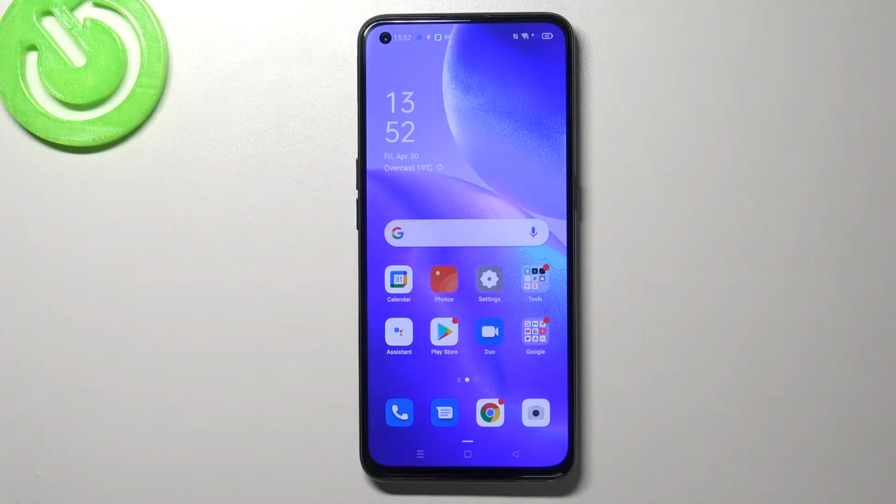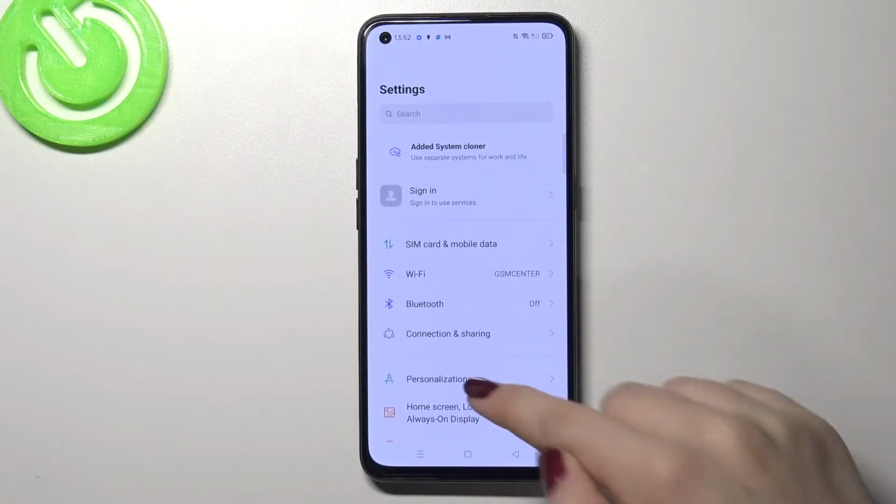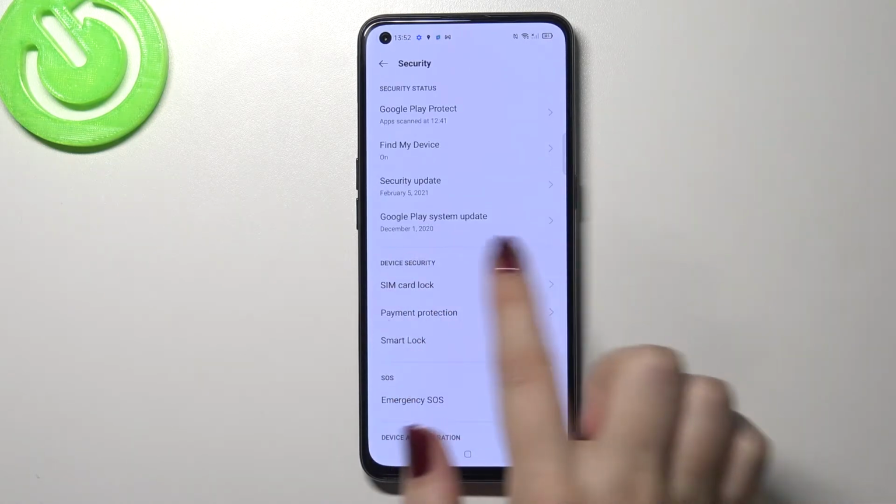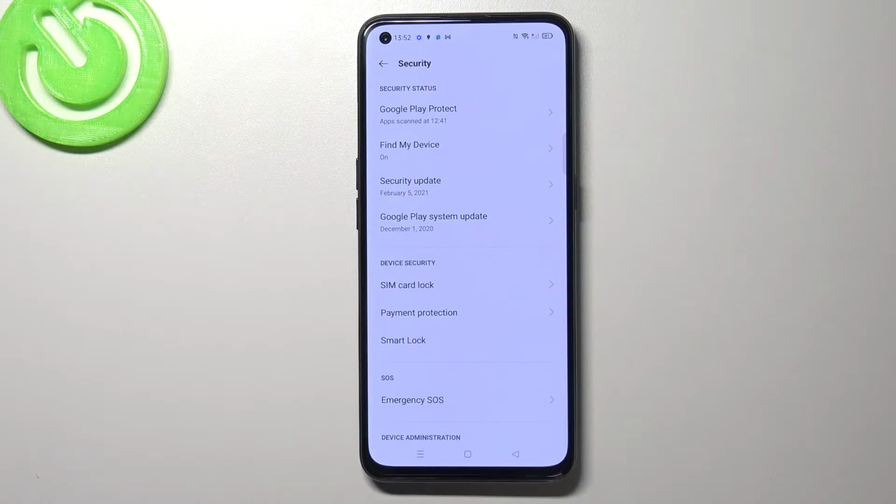Hi everyone, here we've got an OPPO Reno 5 and let me share with you how to change SIM pin on this device. So firstly, let's enter the settings, and here we have to scroll down and find security. As you can see in the device security section, on the very first position we've got SIM card lock,